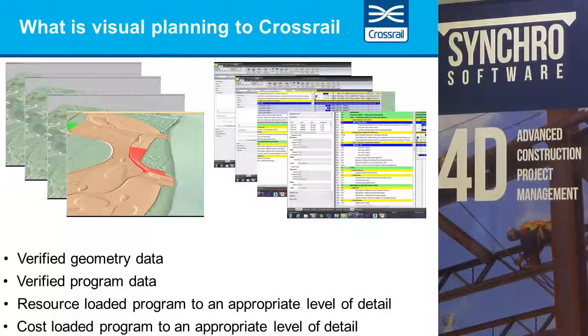Again, no real surprises, but we resource load our programs, and this is where that verification process really comes into its own, because we ensure that it's resource loaded to an appropriate level. Again, we've had situations where someone just puts a digger in and just assigns that to tasks. Well, if you do that, then how do you know that digger isn't needed in several places along the site? So that's really the next stage, is once we've decided that yes, those resources, we're happy with those